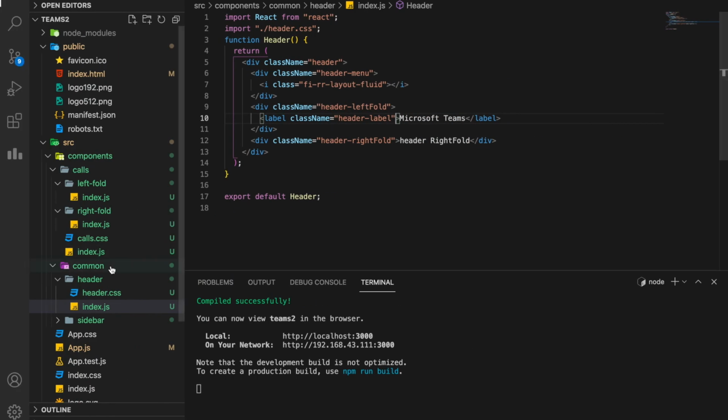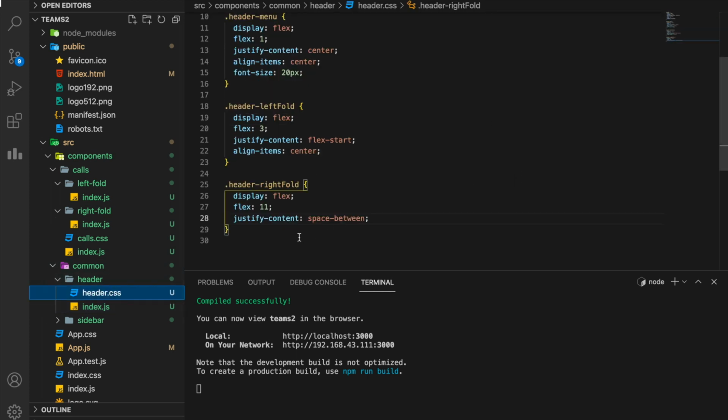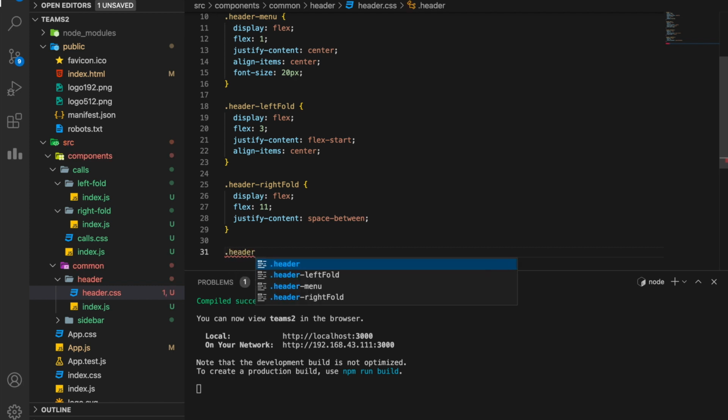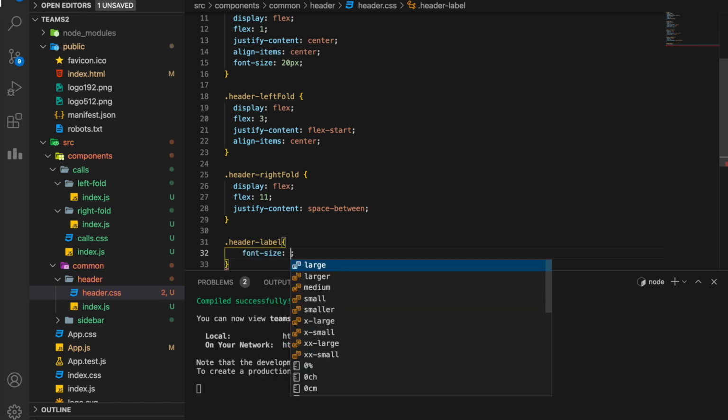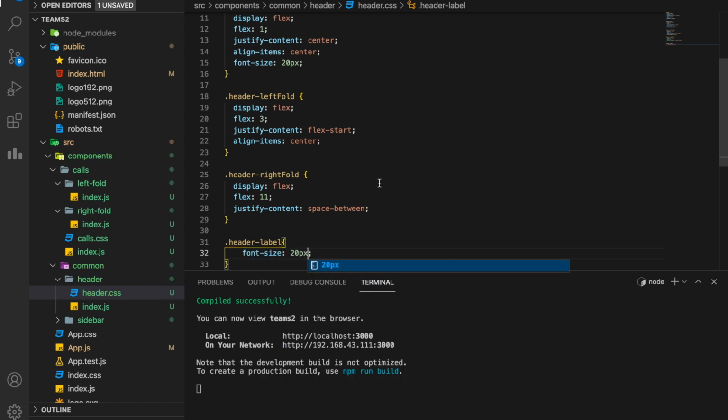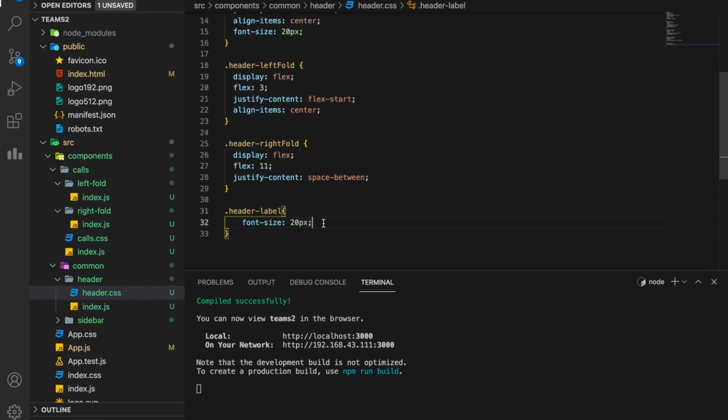Before moving forward, let's just style the label. It will be a good thing to do so that we can directly see our changes on our website. So dot header label. Let's give it a font size of 20 pixel. As you can see, I have matched the font size of this menu and this header label.